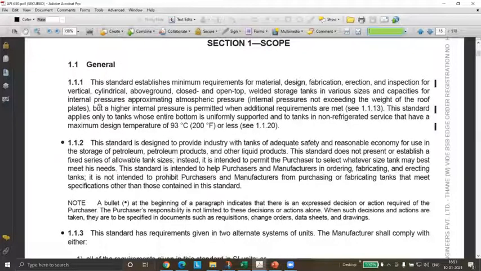Okay. So if you see this general scope part, this covers vertical tanks. It should be cylindrical, no other shape we can design. It has to be above ground. Okay, then it can be closed and open tank that we saw. It can be closed also, it can be open also. It has to be welded. We cannot design a bolted storage tank. It has to be welded. Okay,